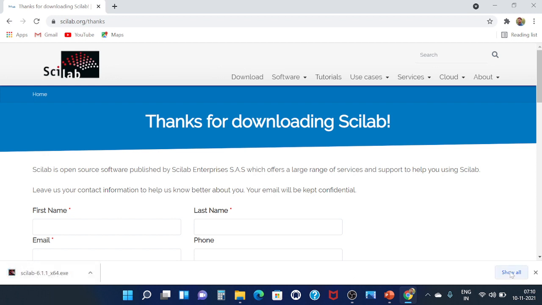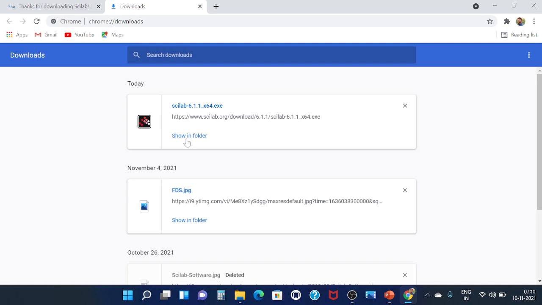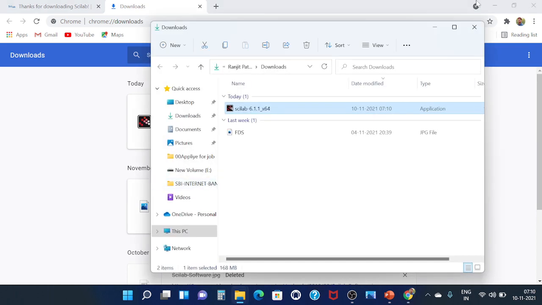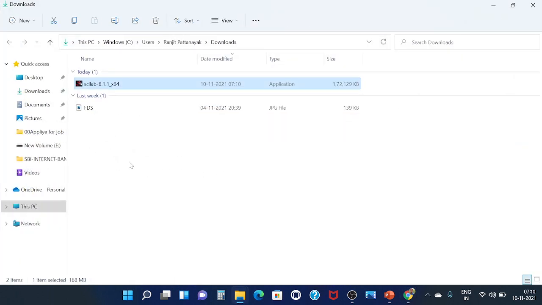We have to move to the corresponding directory, or you can find that after download it will be saved in your Downloads folder. Here you have to double click for your installation.